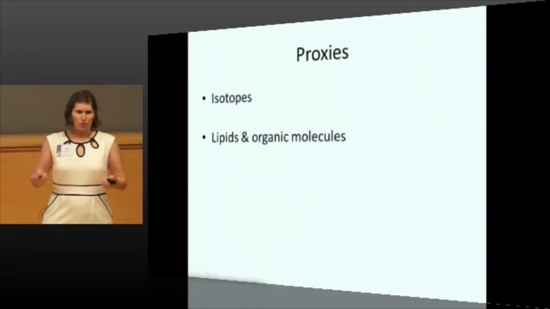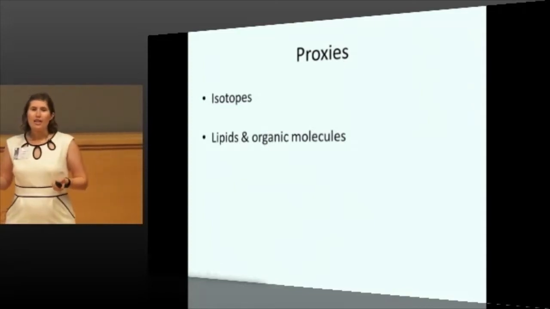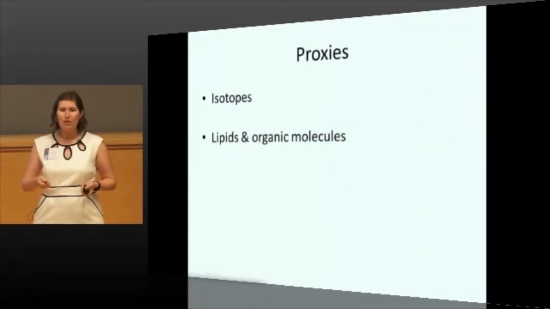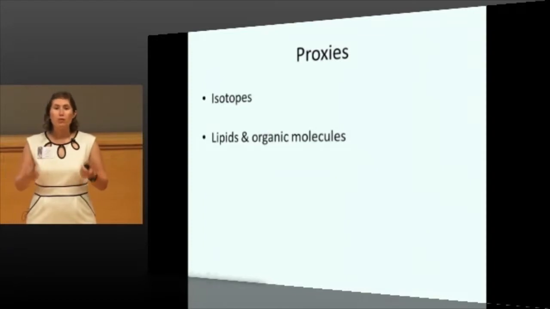Things like DNA don't survive that long. The oldest ancient DNA that we've managed to sequence is maybe 30, 40, 50,000 years old. There's claims of older stuff, but it's pretty broken up. But things like lipids can survive a really, really long time. Again, this isn't really relevant for the